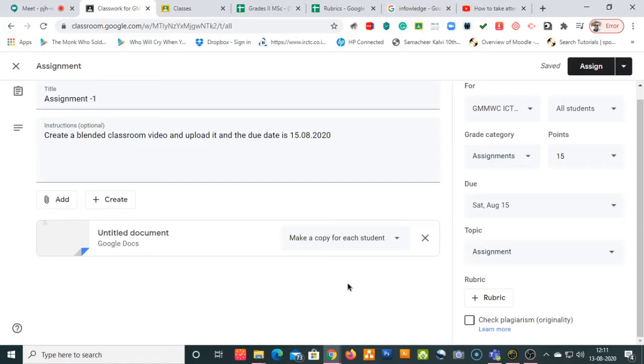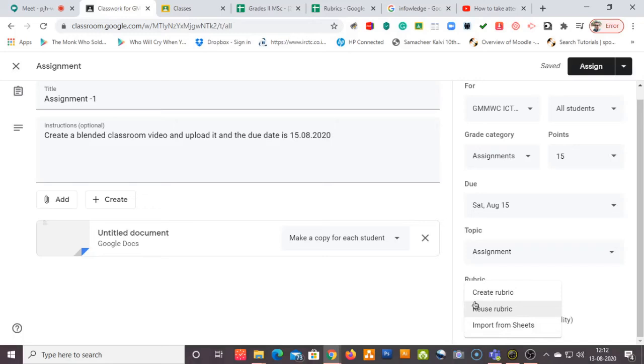Whenever you create an assignment, don't forget to mark it as make a copy for each student, so that each student will get a copy of your assignment. Now the assignment is to create a blended classroom video and upload it, and the due date is 15/8. I have created this. Now I'm going to add a rubric.